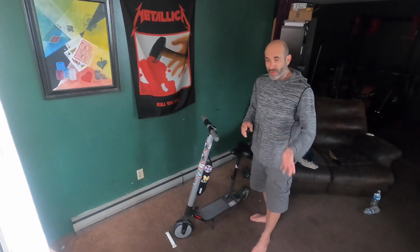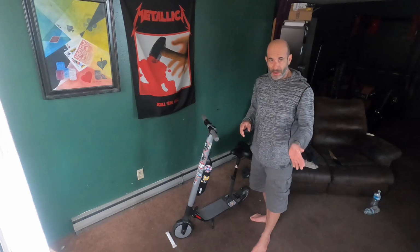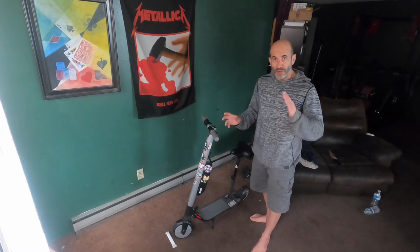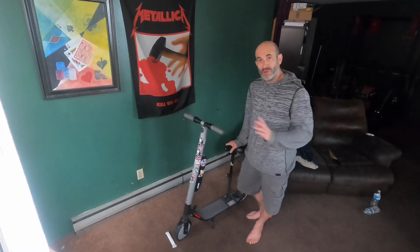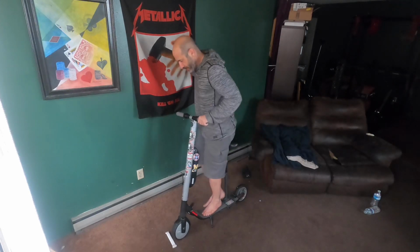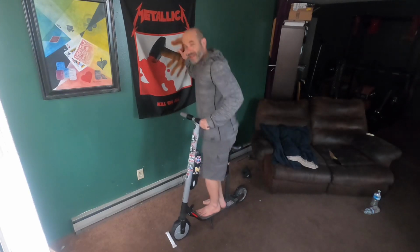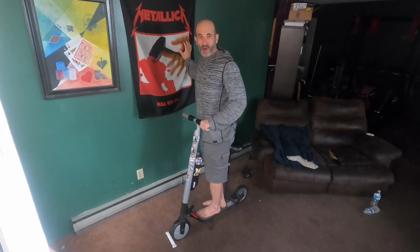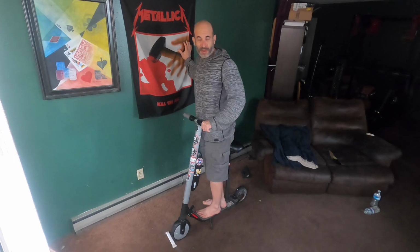Now, if you have to go off-roading or if you have to go up and down hills, it's only a 350 watt motor. It's pretty small. It doesn't do great up hills. And the thing has almost no suspension at all. I mean, what does it do here? Let's see. It's pretty stiff, but it's definitely not a super comfortable scooter, but it's like a rental scooter, similar in quality